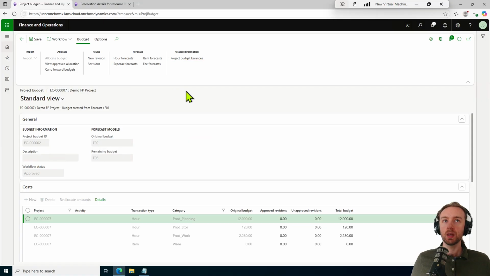Okay, so we have our budget approved. We're going to be able to use this in project budget balances, for example. We're also going to be able to see consumption against it in the future. Let's go back to the project page now